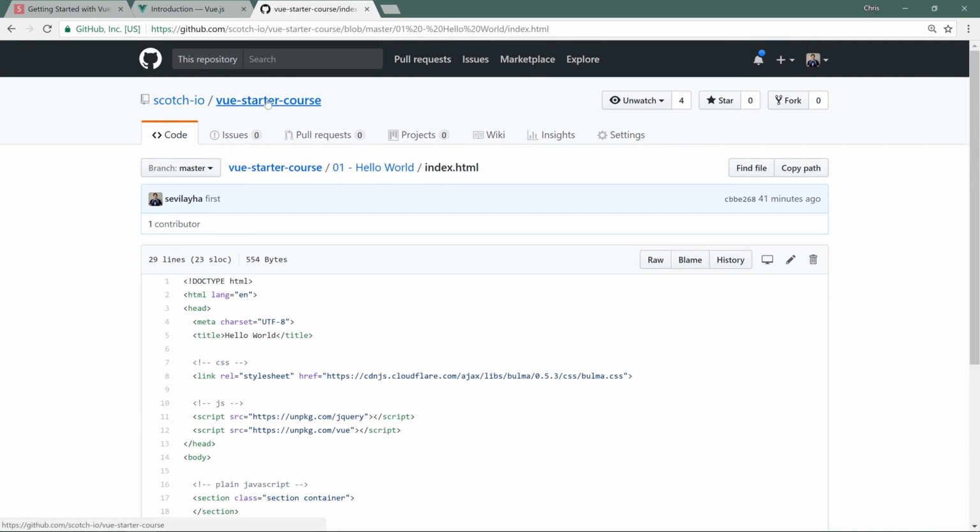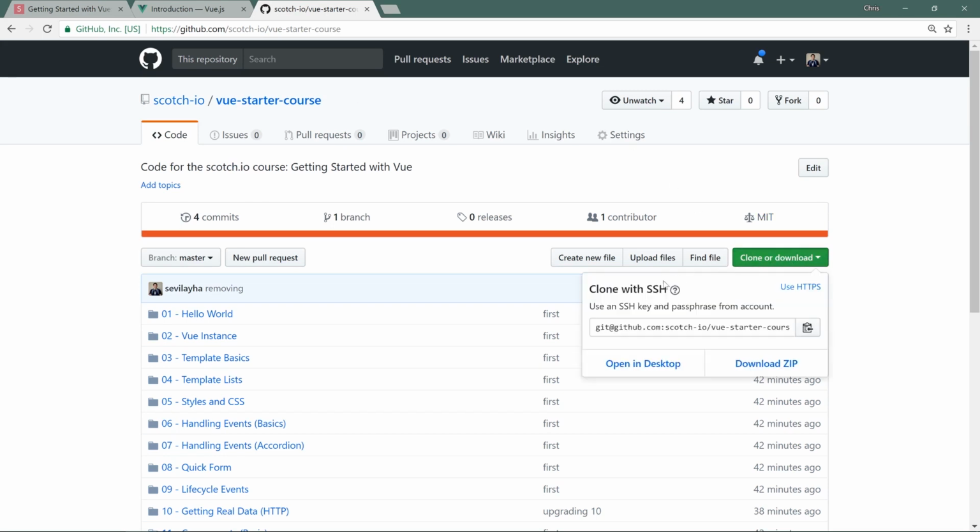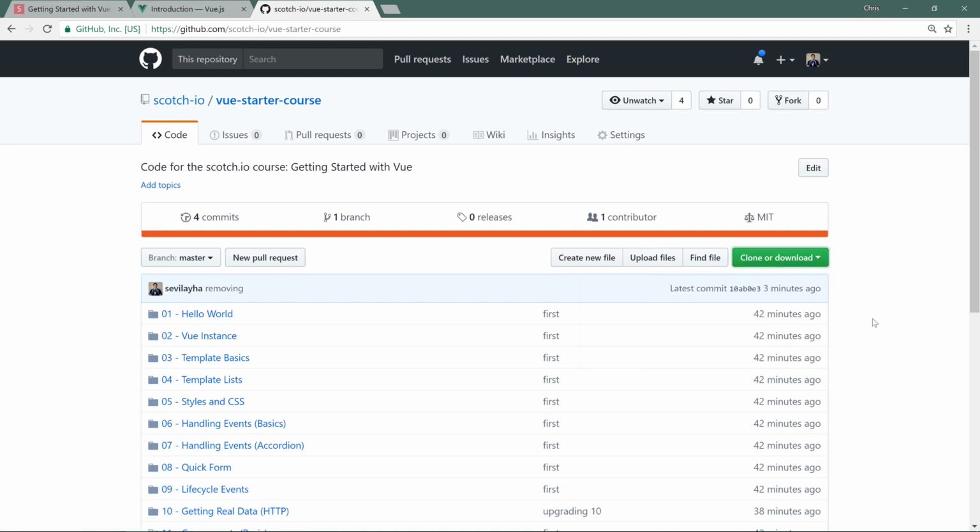Let's go back to the actual GitHub repo. The ways you can get this, if you're using Git, you can do a Git clone. Here, this green button, clone or download, you can copy this and clone it down, or you can just download the zip and start working in that folder. Once you've downloaded all these files and you have them on your computer, go ahead and open them up in